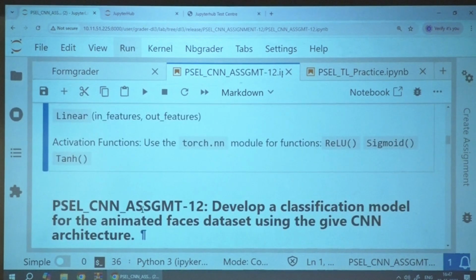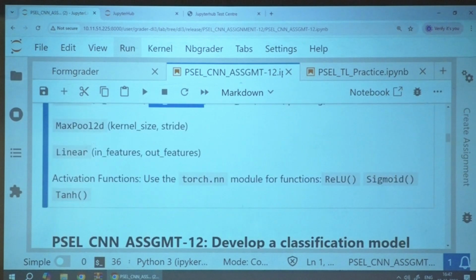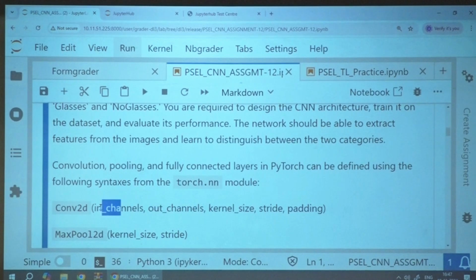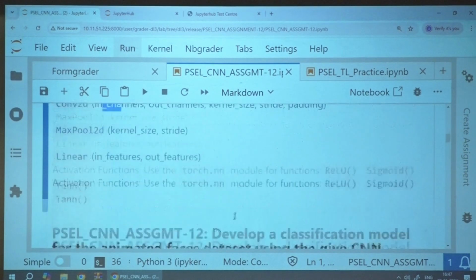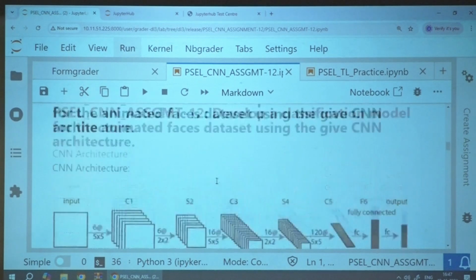6. How many output channels in the first convolution? 6. That 6 will be the input channel for the next convolution. So for the second convolution layer that you are defining, C2, following the same syntax, in channels will be the out channels of the previous. Then how many filters do you want to apply now? What did I ask you here, 16? Right, 16. Rest of the thing is the same. So only 2 convolution layers, done, definition over.